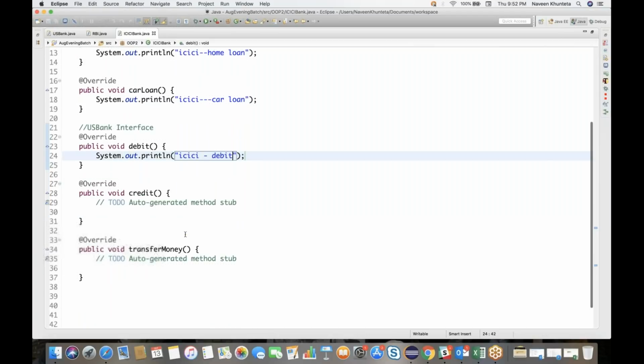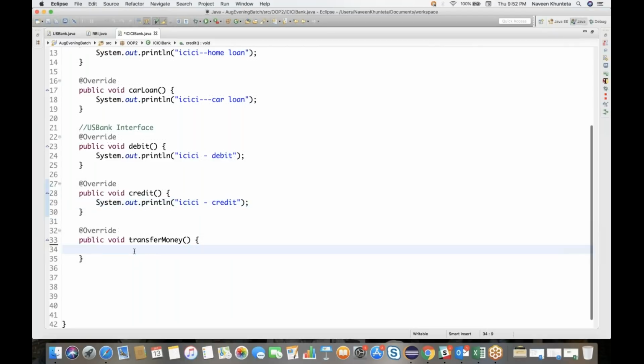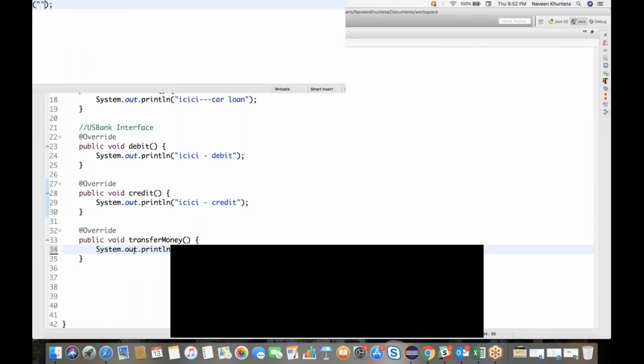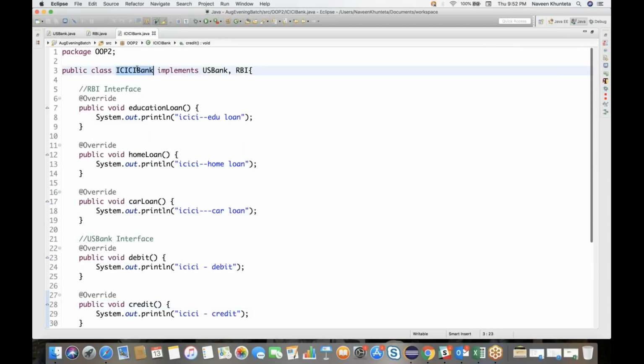ICICI debit and System.out.println. Let's see, I'm writing credit and I'll write transfer money, right? So three methods are coming from RBI, and the moment you override all the methods, there